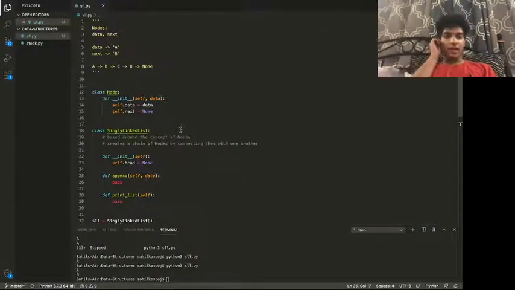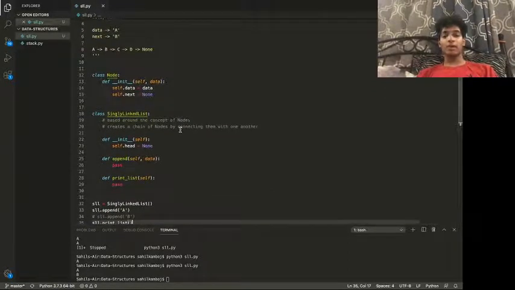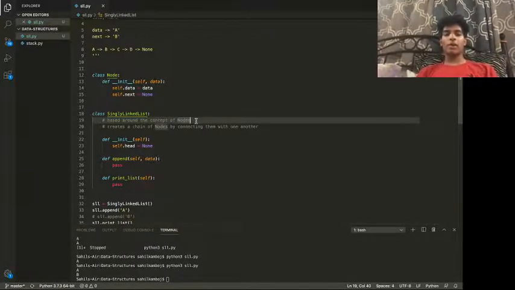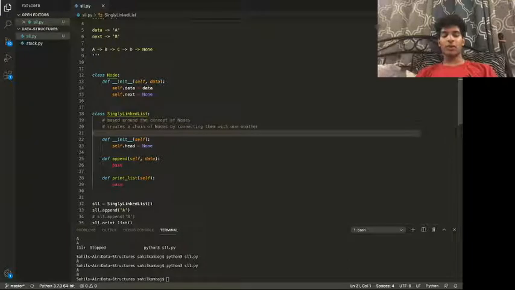Okay, so guys, last time we finished talking about stacked data structures, and so in this video we're going to start talking about a new type of data structure called singly linked lists. And singly linked lists are based around this concept of nodes. And what we want to do is try to create a chain of nodes by connecting them with one another. And this might sound a little complicated, but I think once we start going through the code